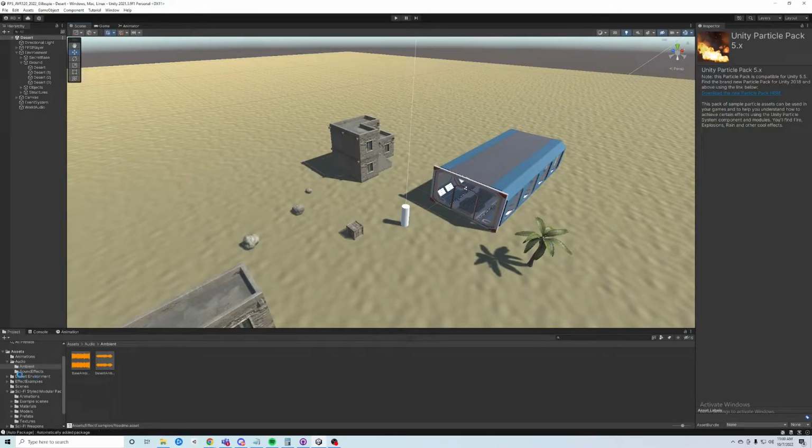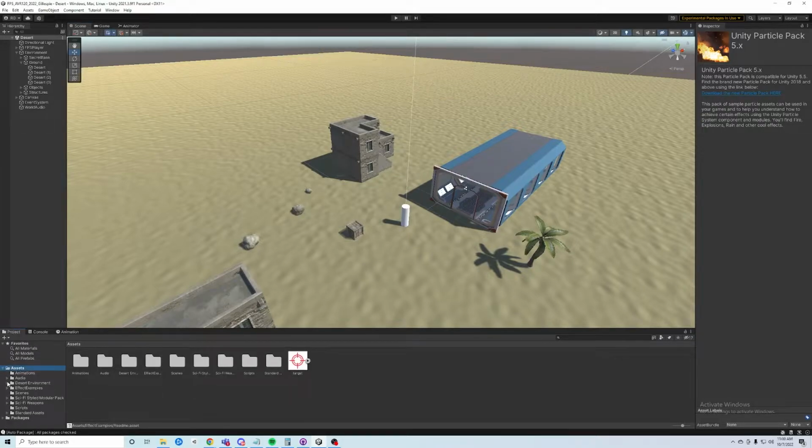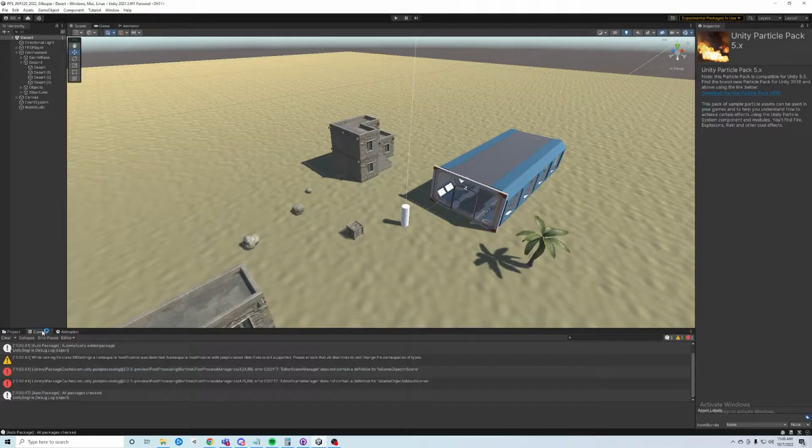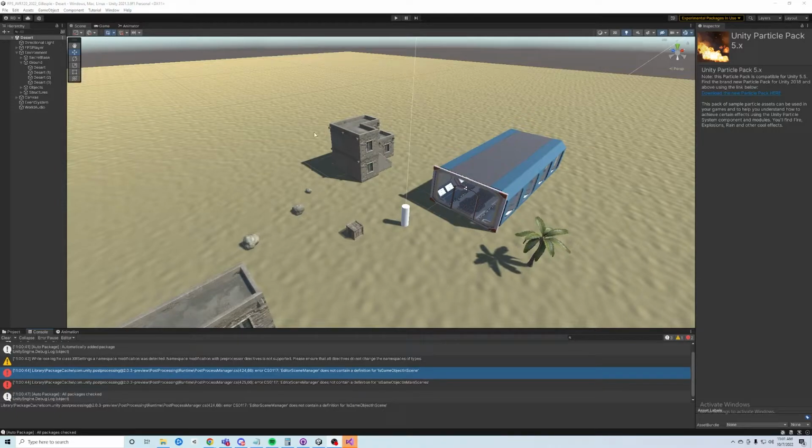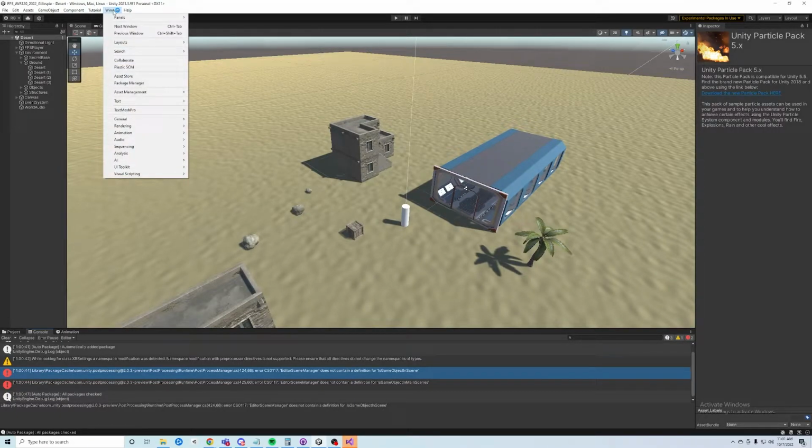Okay, so now it's been added to our scene. And it will be under effects examples here. So you're going to have an error, most likely, when this happens, and this is going to prevent you from actually running the application. So in order to fix that error, you're going to need to go up to the Window option, reopen your Package Manager,